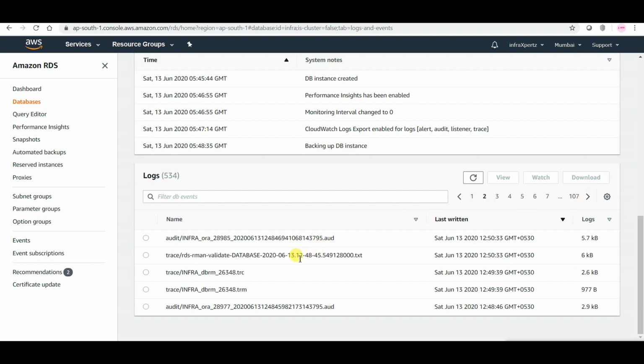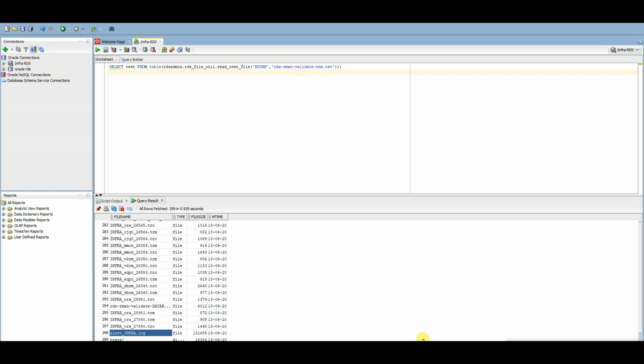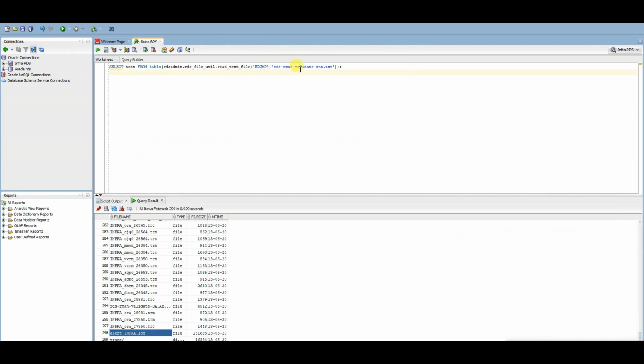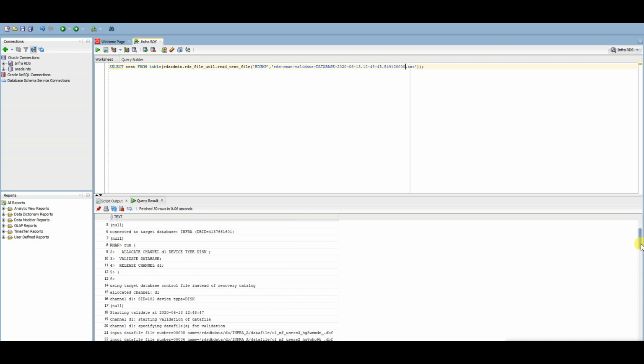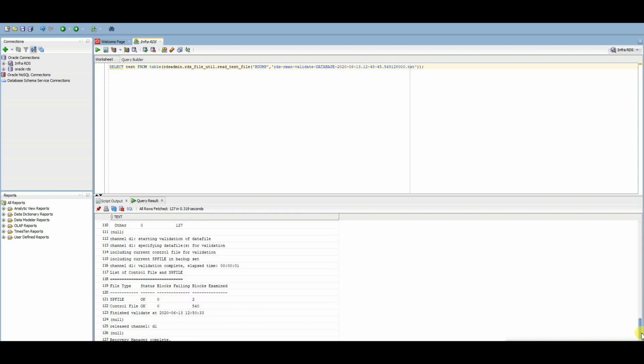This is the one which you need to copy. After running it, you will get this, and you can check it from here.